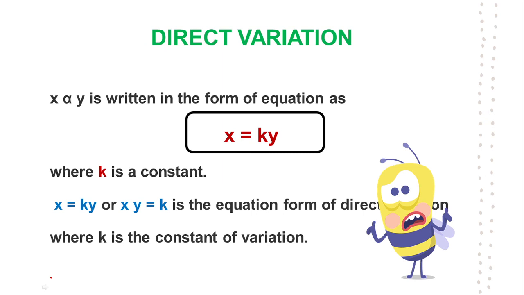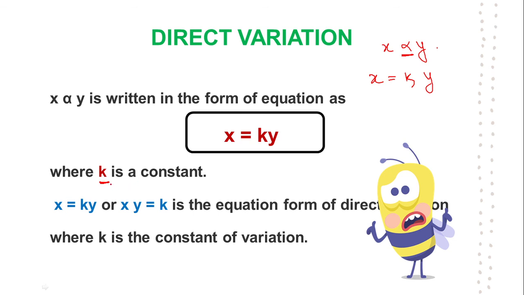Now how to solve this equation? Here we have x directly proportional to y. Now children, there is a logic. When you want to remove this alpha sign, you write x, y as it is. Then you replace this alpha sign with equal to k. You will lift this sign apart, and in place of that you are going to insert equal to k, where k is a constant.